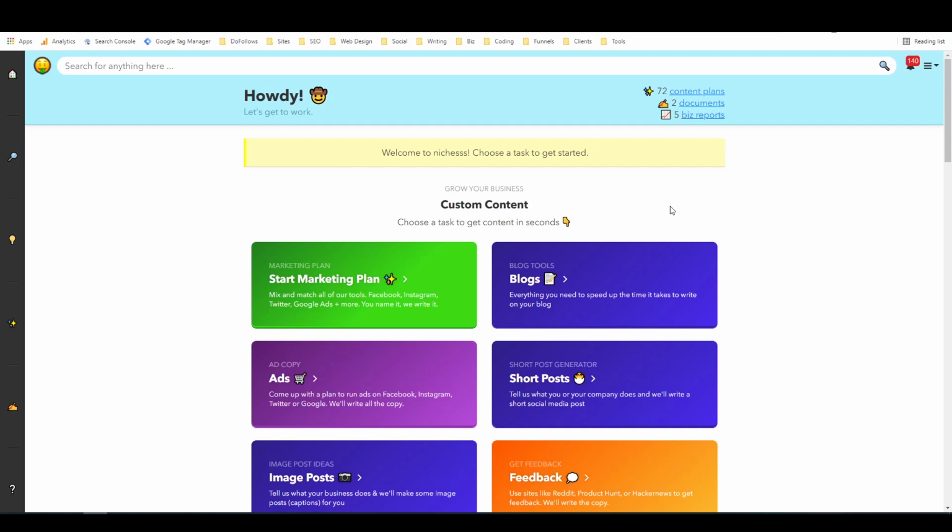Hey there, it's Alex with LoverFighterWriter, and today we're going to do a Nichesss tutorial of the long form editor. So we're going to look at how to use the Nichesss long form editor and how I have used it so far. I've only done a couple documents with it, but it's very intuitive, and I saw some people requesting